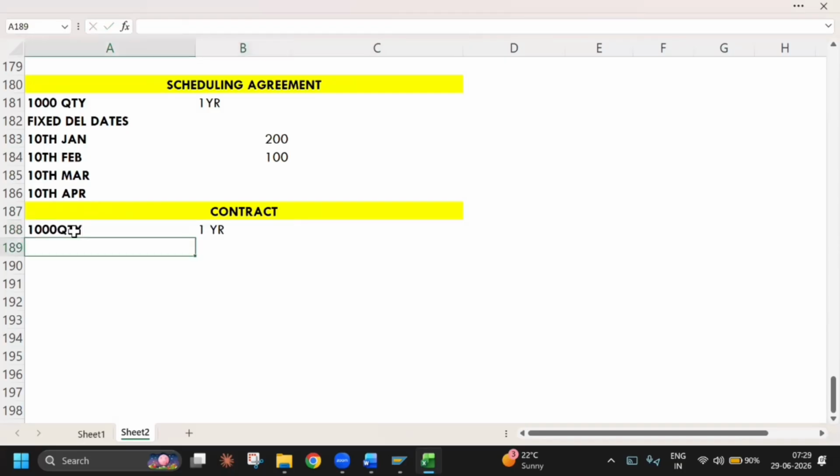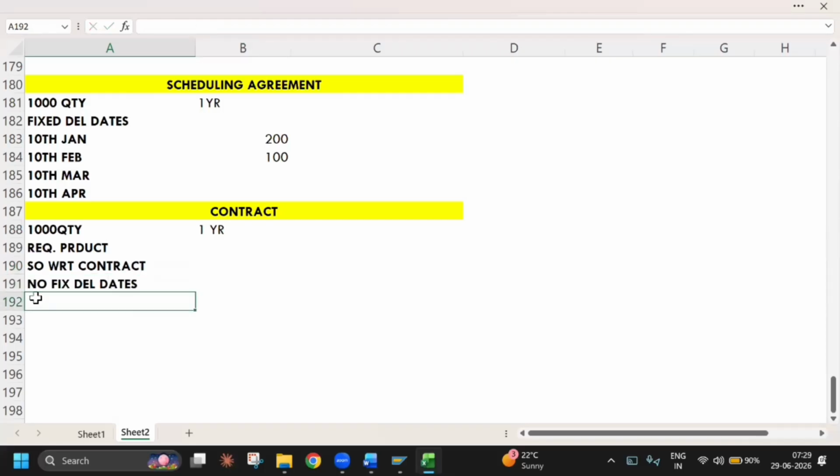Whenever the customer requires the product, he will generate a sales order with respect to the contract. There is no fixed delivery date. Whenever the customer requires the product, he will generate a sales order with respect to the contract. So this is the difference between a scheduling agreement and